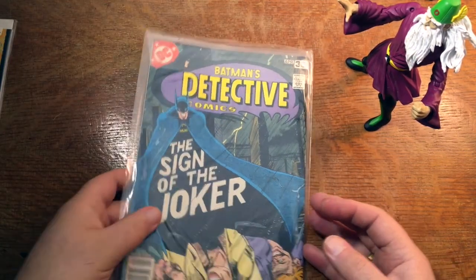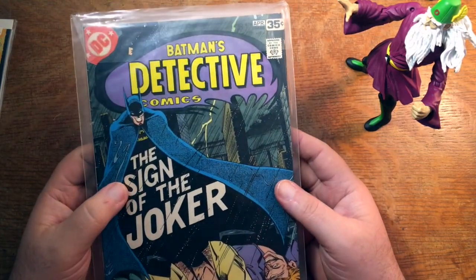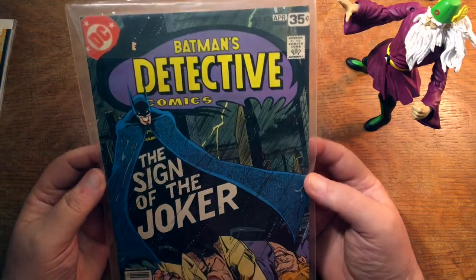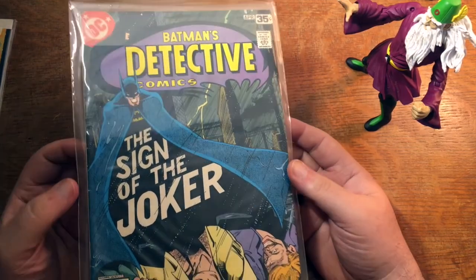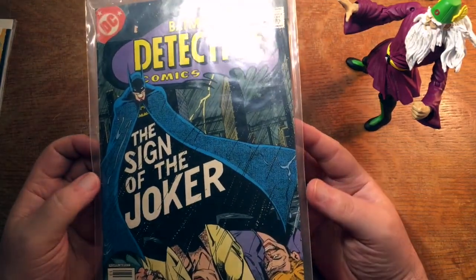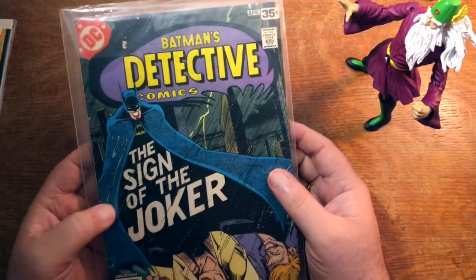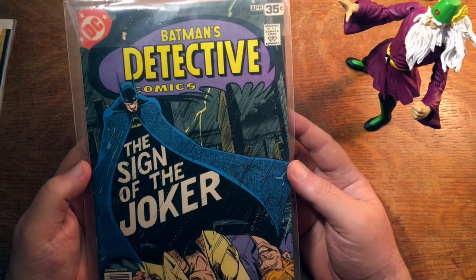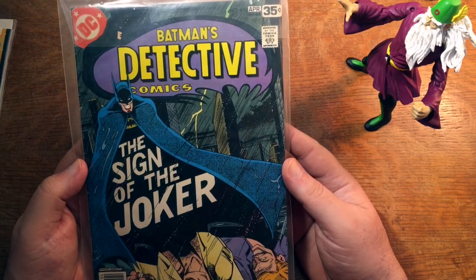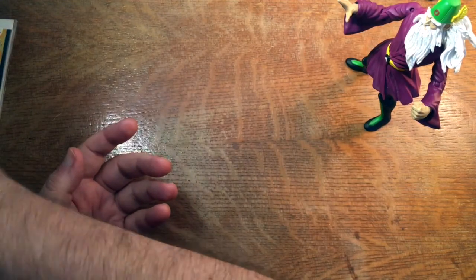The classic Detective Comics story, Sign of the Joker, the Steve Englehart Marshall Rogers run. And I think that whole run exists in a trade paperback. So if you can't afford to track down the original issues, and that'll probably go for $30 or $40, depending on what the grade is, I would highly recommend getting the trade paperback. I believe that's still in print, and that's an all-time classic run of Batman. What else we